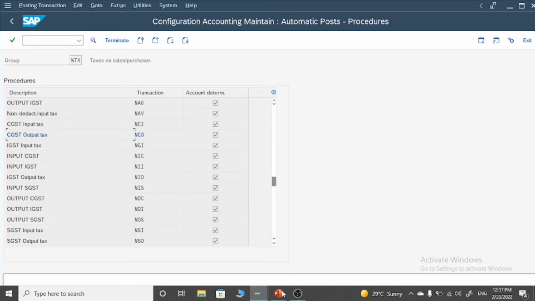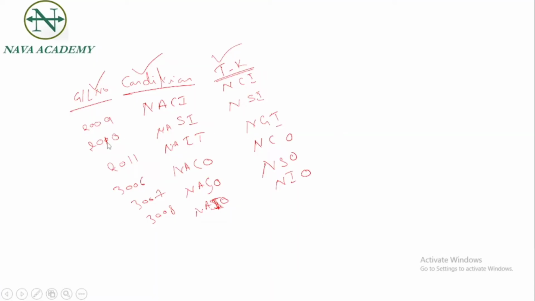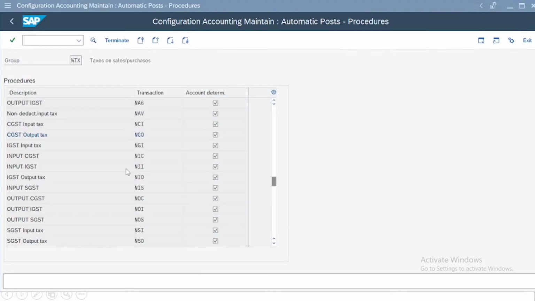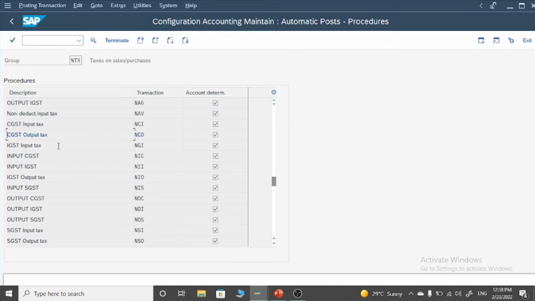NGI, we give NGI also our transaction key. NGI, integrated GL number 211. Double click on